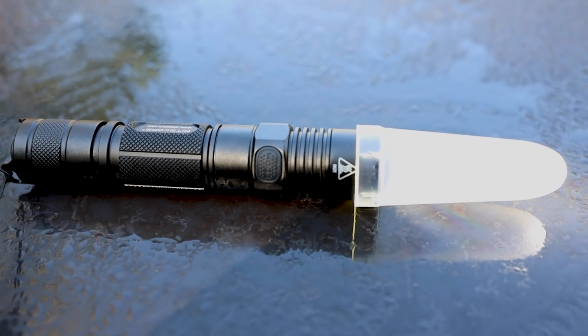This is a 1,000 lumen flashlight. And then it goes all the way down to 1 lumen, and then there's variable levels of lighting that you can get with it. It's also USB rechargeable, which I thought was really, really cool. So you can plug it into your battery bank for the weekend or whatever, but you're probably not going to need to because there's a huge